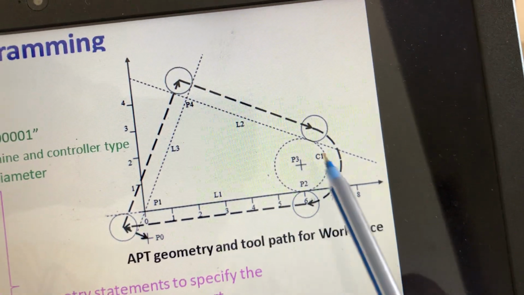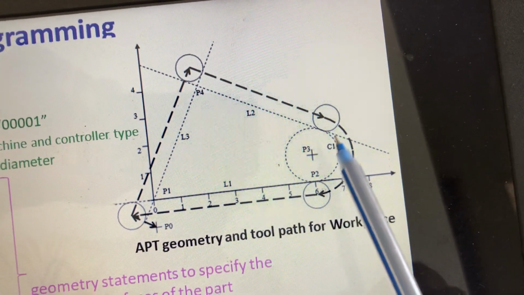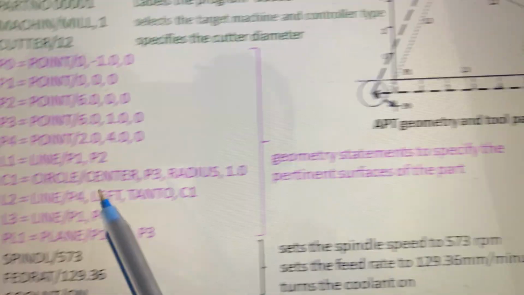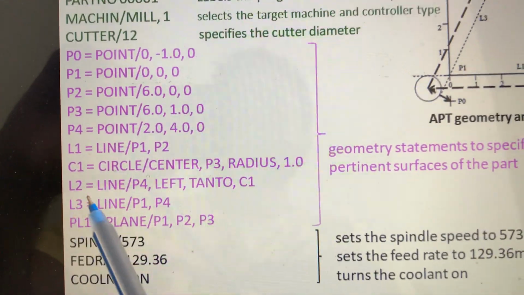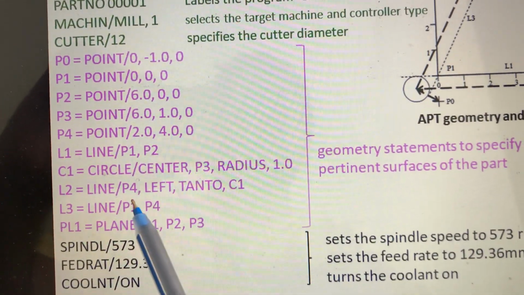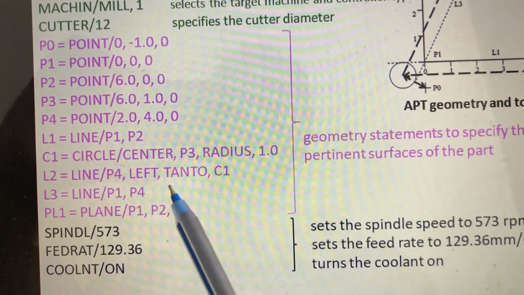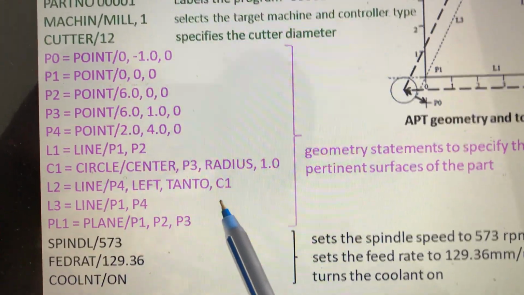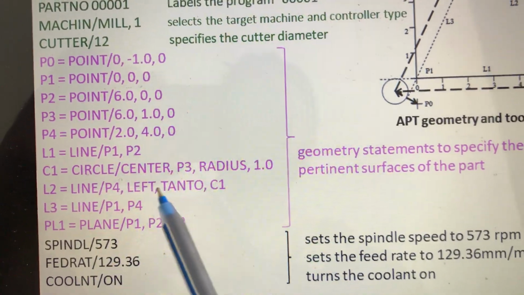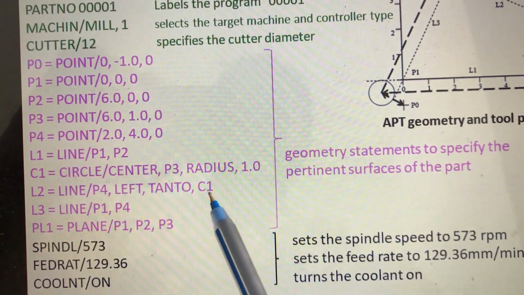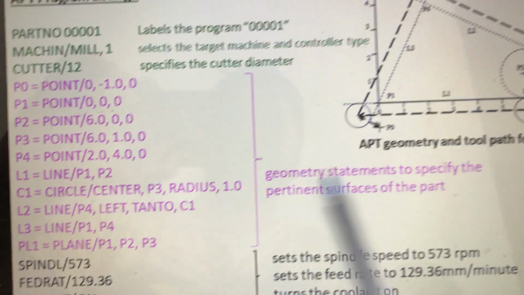After that, L2, line 2. Line 2 from P4 tangent to the circle, because the circle is already defined. Now you can say tangent. So line 2 is a line from P4, left tangent, tan meaning tangent to C1. The point P4 is on the left of this circle where you take the tangent.